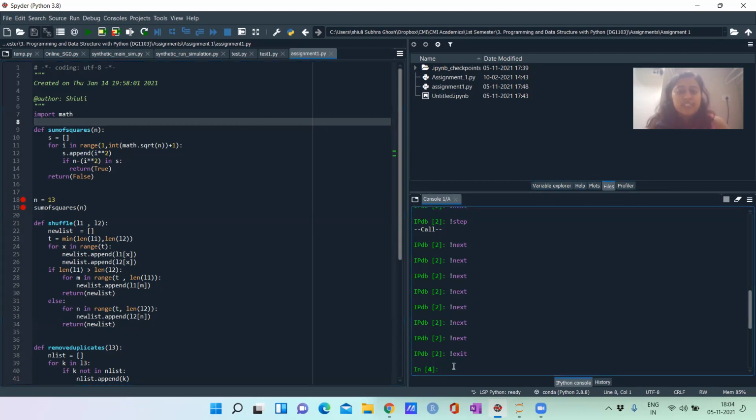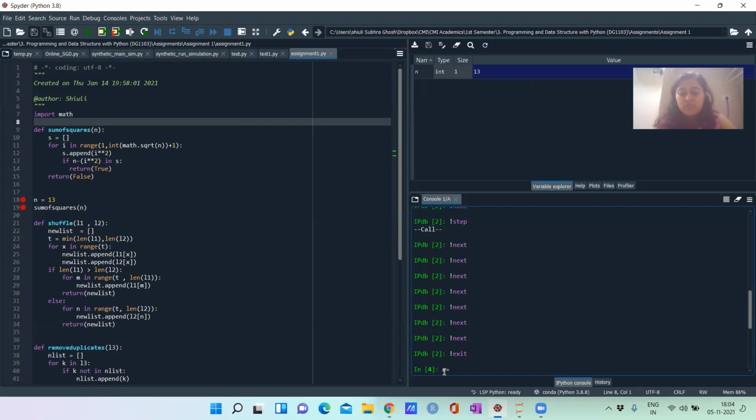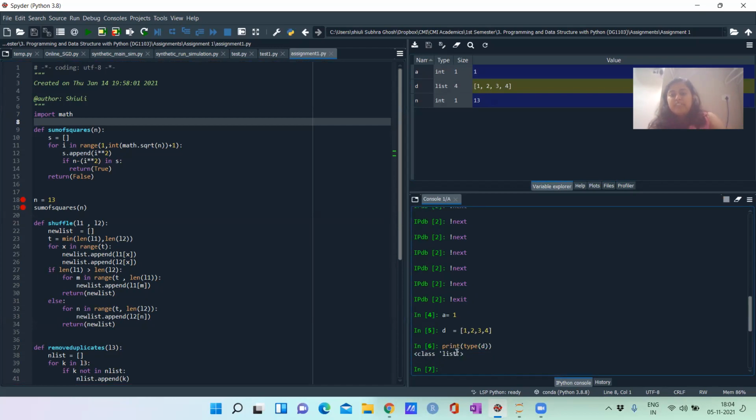In case of the console, nothing is saved. If you type something, say e equals 1, then one variable will appear here. But if you type here something, say D is a list, and then print type of D, it will print class list.